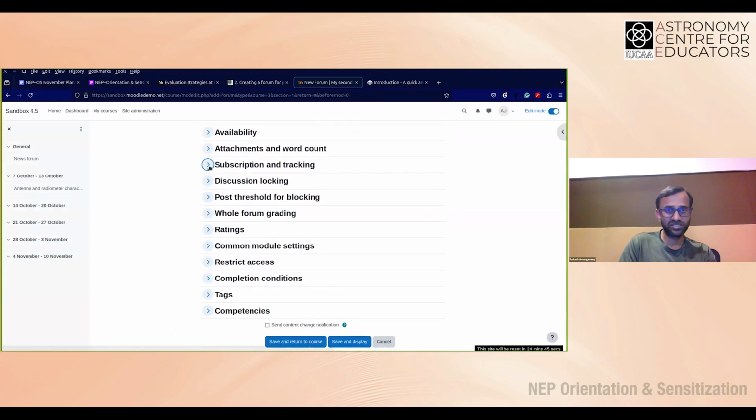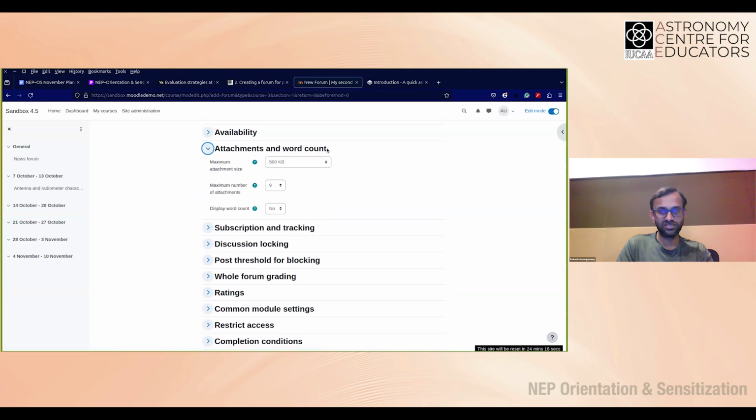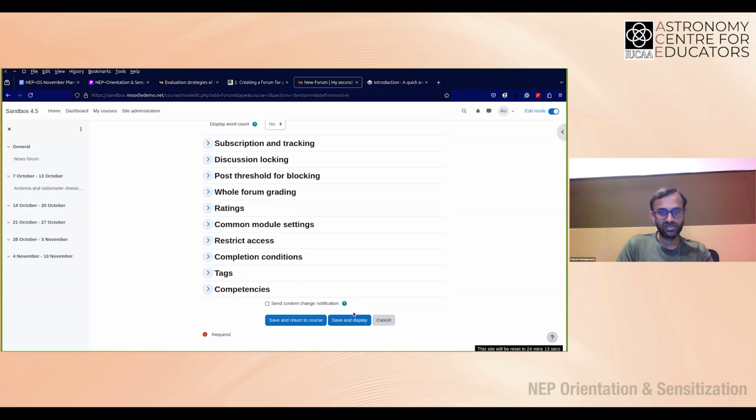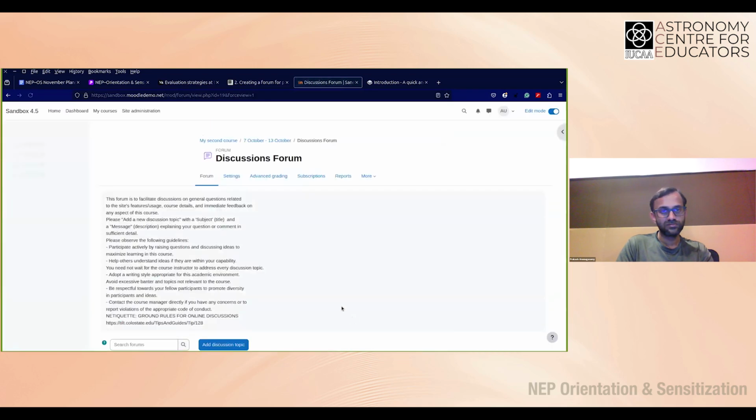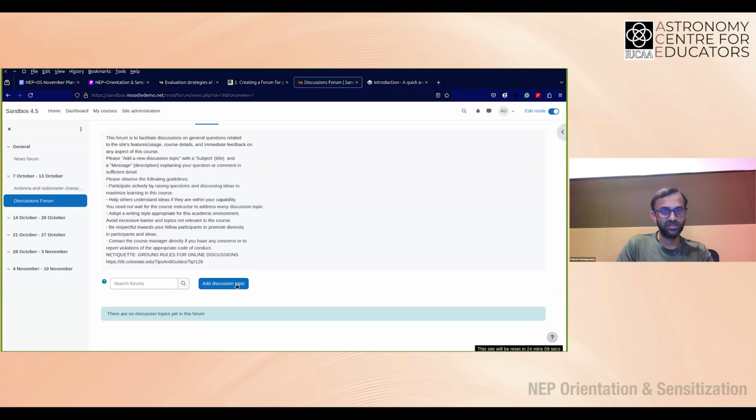There are various other options depending on the module. For instance, in a forum, you would want options for subscription tracking, which means whenever somebody posts a question or answers your question and things like that, you can get an email sent from the site to your email address. You could allow attachments. You could fix the character size, how much each question or answer box could be, and things like that as well. And you set it up, and it's available.